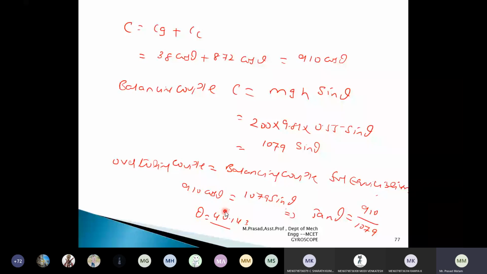So with this, I will wind up unit 1. I am left with only one more topic, that is gyroscopic effect due to four-wheeler. Take that as an assignment and try to solve it on your own. I will give you the necessary information for the gyroscopic effect of the four-wheeler. Tomorrow I would like to start unit 2. Still 5 more minutes are there, so let me give an overview of the gyroscopic effect of the four-wheeler.